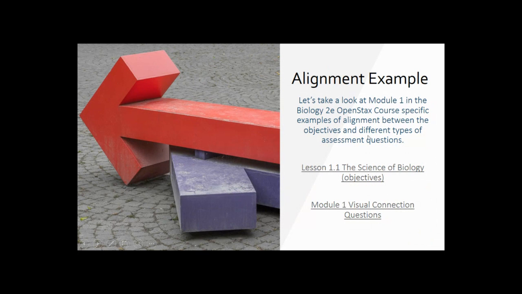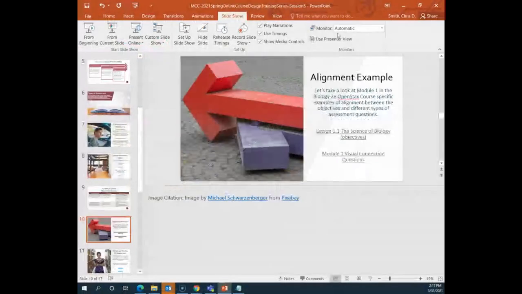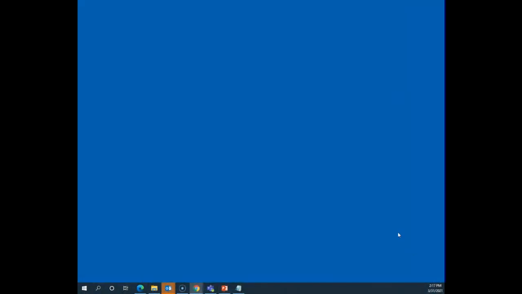So in order to look at this alignment example, I'm going to use the biology course from OpenStax, which is an OER textbook resource I showed in the last session. So give me just a minute while I bring up, I want to exit out of the presentation for a minute because I want to bring this up. Sorry, jumping ahead, escape out. We're going to minimize that for a second. And so let me bring up